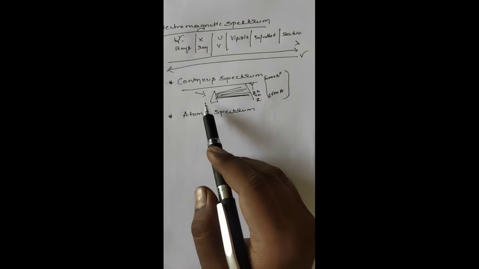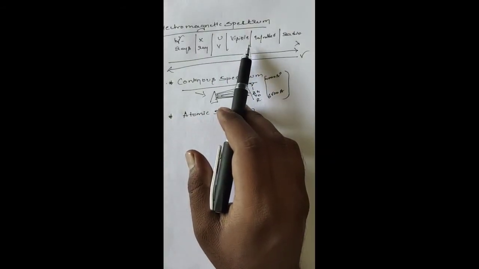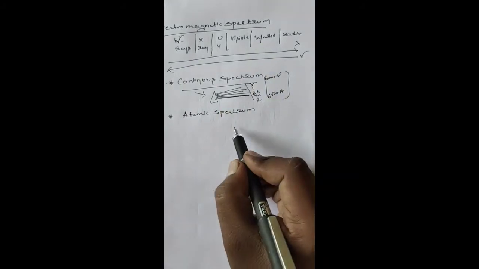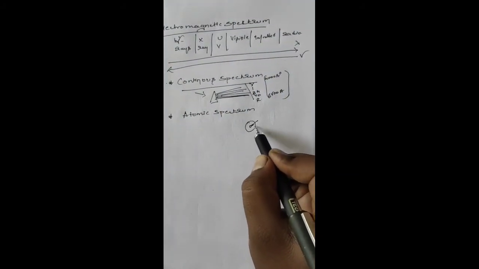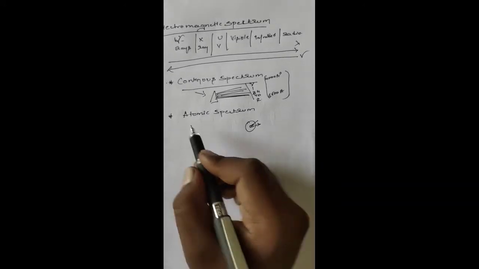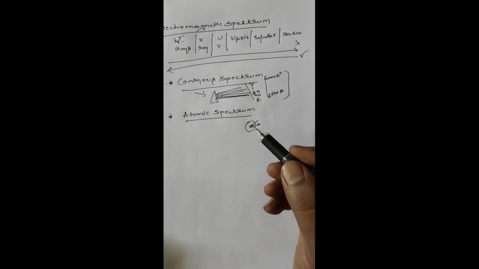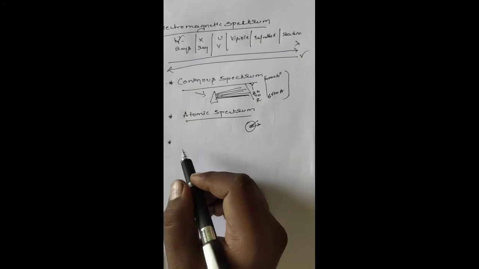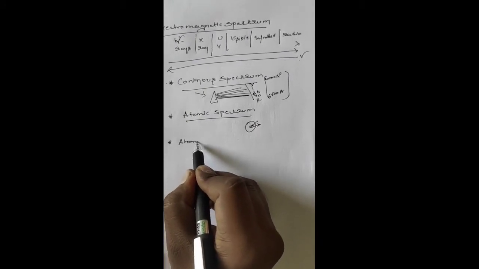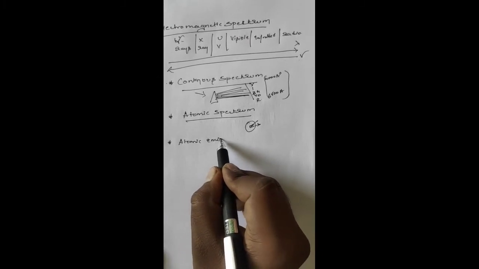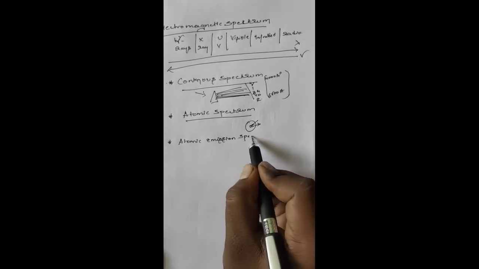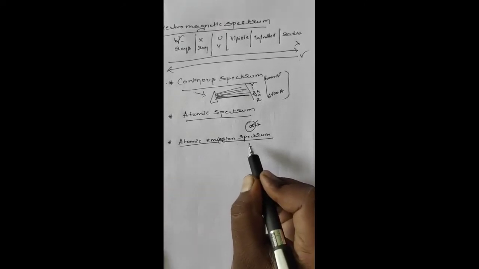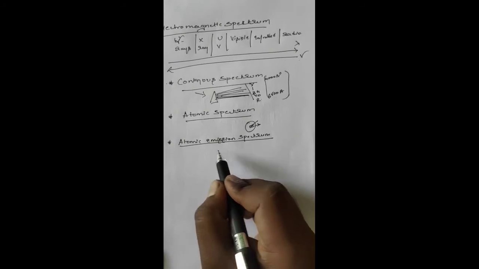In the atomic spectrum, the characteristic frequencies of electromagnetic radiation are absorbed and emitted by an atom, based on frequencies. Next we studied the atomic emission spectrum. In the atomic emission spectrum, or line spectrum, we observe